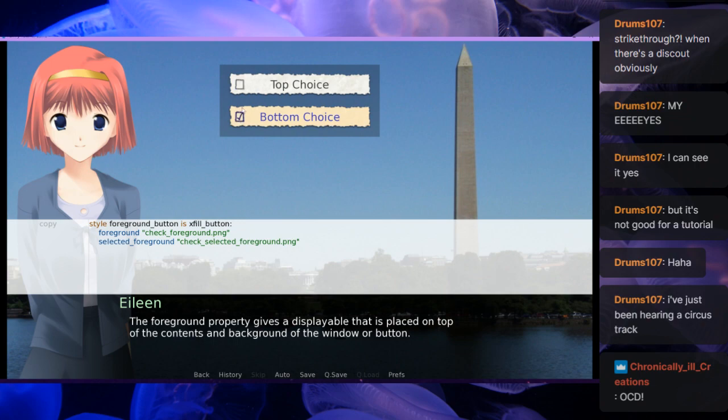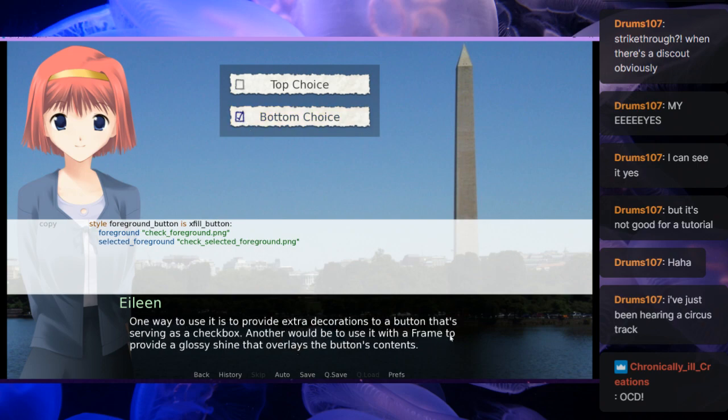Bet you could use that. One way to use it is to provide extra decorations to a button that's serving as a checkbox. Another would be to use it with a frame to provide a glossy shine that overlays the button's contents.